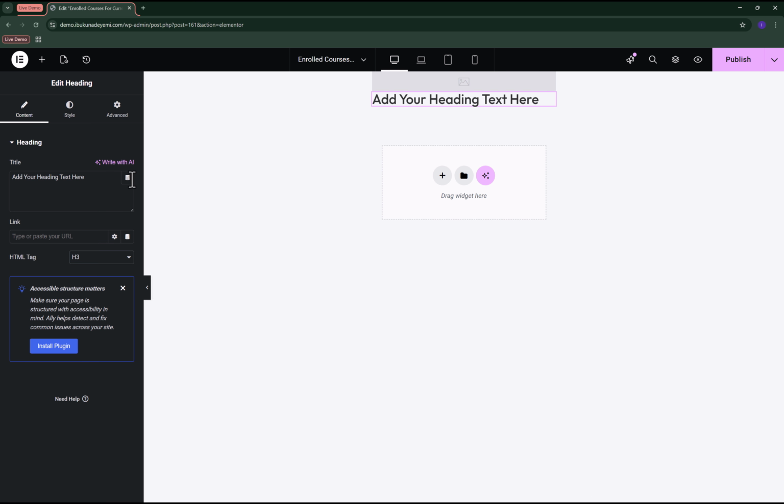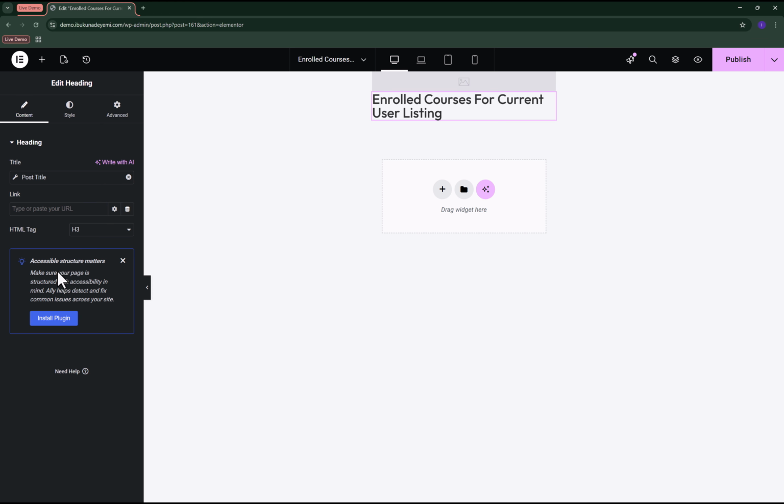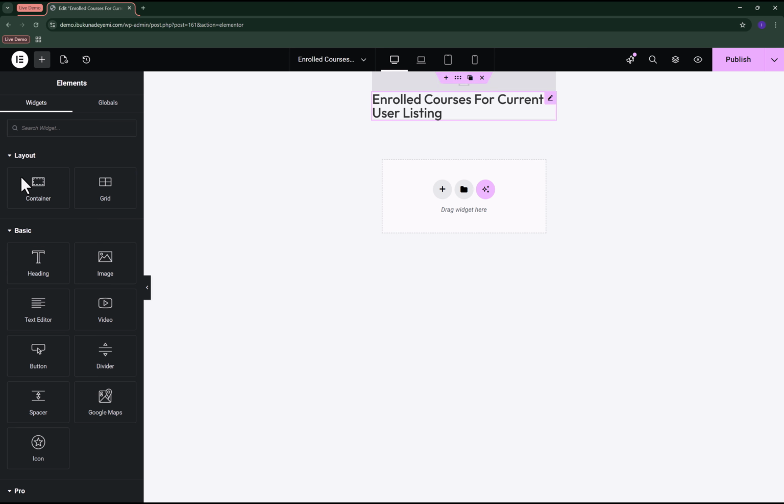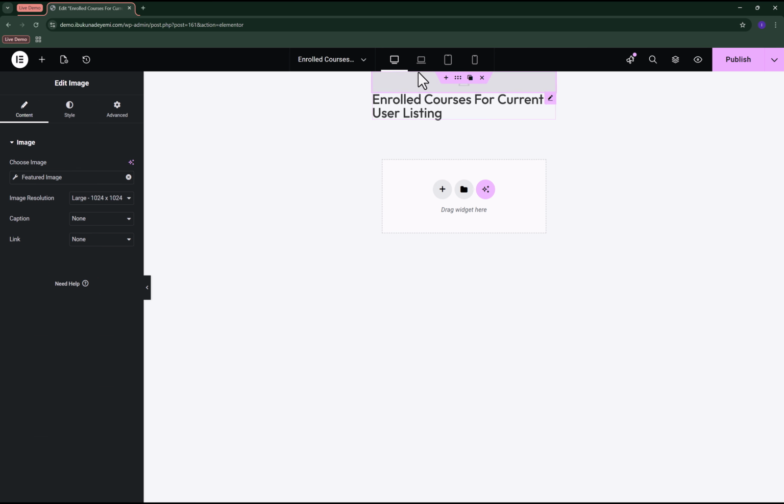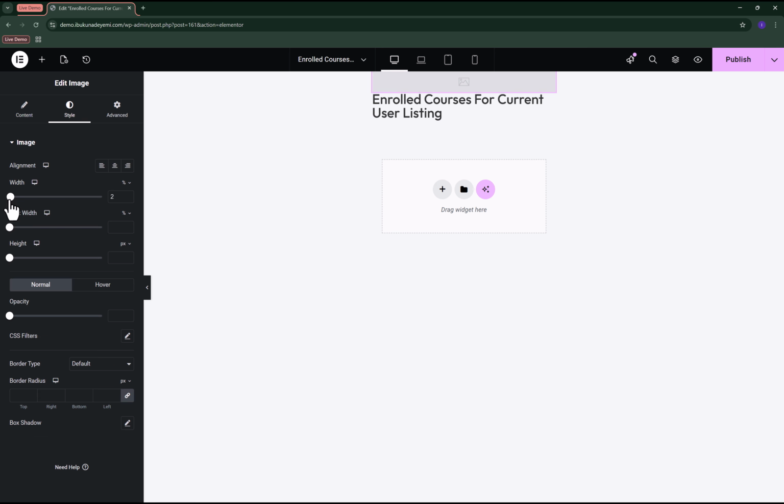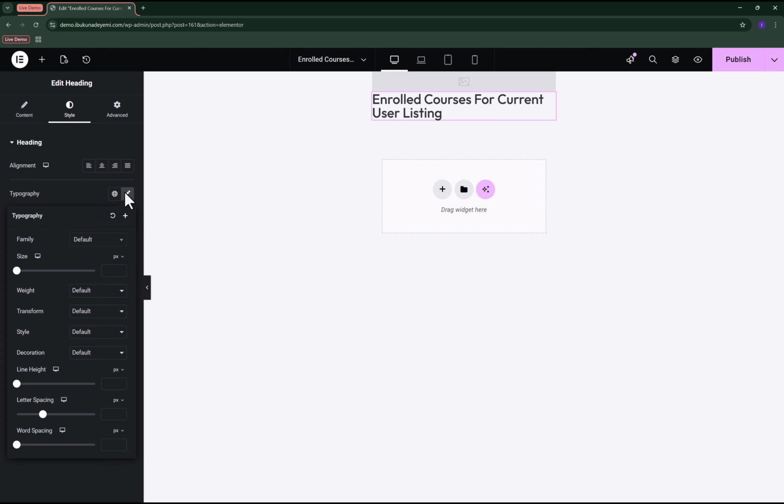Okay, so we're also going to add the dynamic tags and display the course title, which in this case is also the post title, and that fetches correctly. Okay, I can just make this image full width and maybe give it a border radius of 25 pixels or something. Okay, and maybe I'll make this a little bit smaller. Normally I use a dynamic font, but we don't really care at this point. All right, so I'm going to publish this,